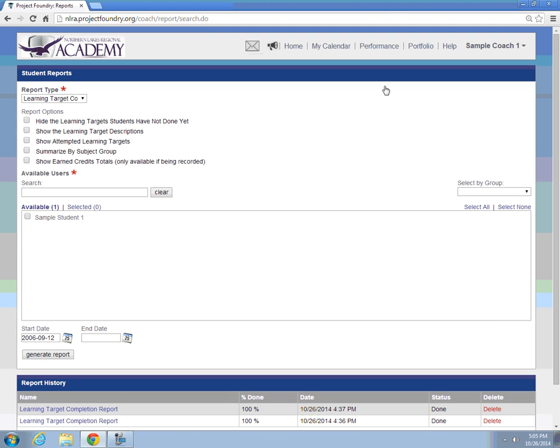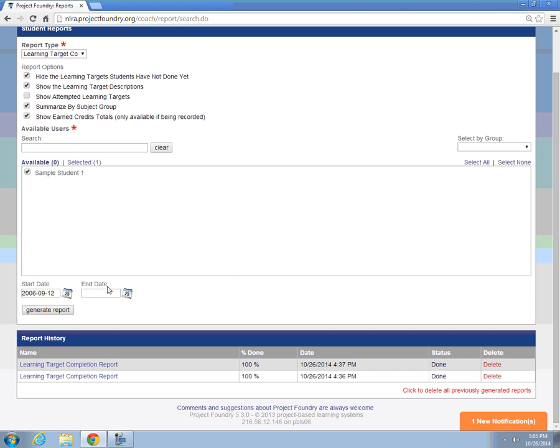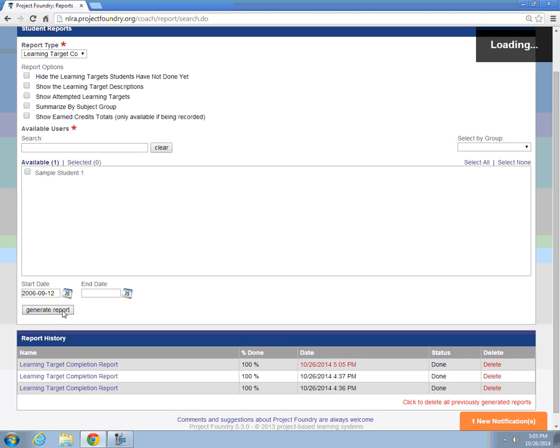So for example, if you just wanted to know for your student what English learning targets they still need to hit, or that they've already shown, then what you can do is hide the ones they haven't done already, show the descriptions, summarize by subject group, and show total credits earned for this sample student. You can even set a date period if you wanted to, and I could generate a report. Takes a second. It's going to make a PDF here in a minute, and there we go. If I click on it,